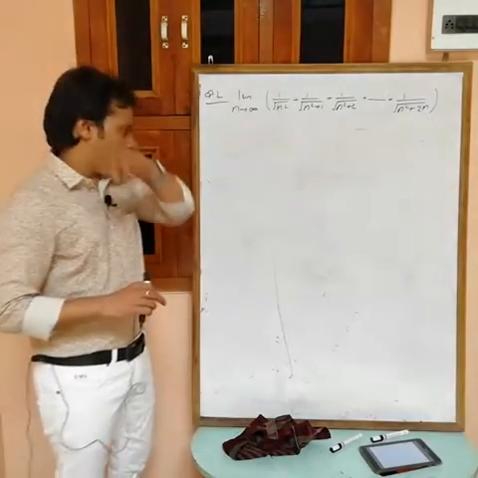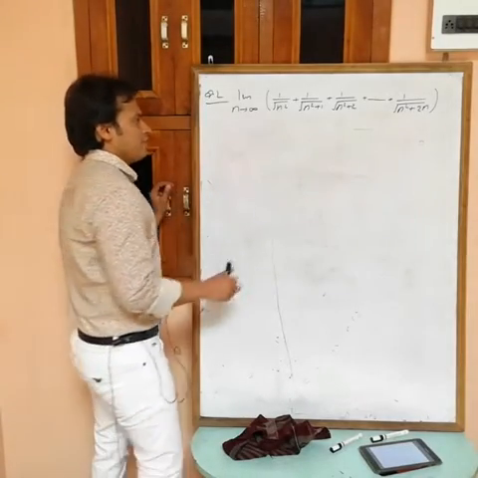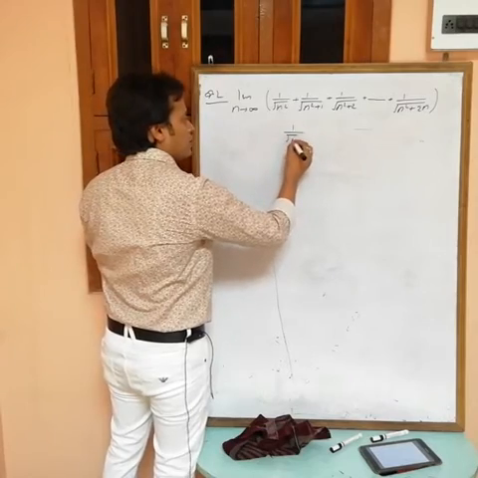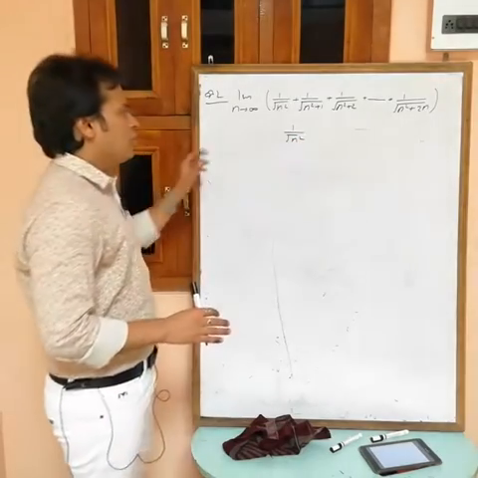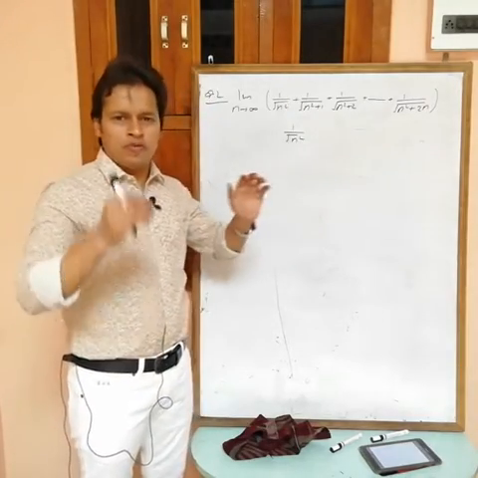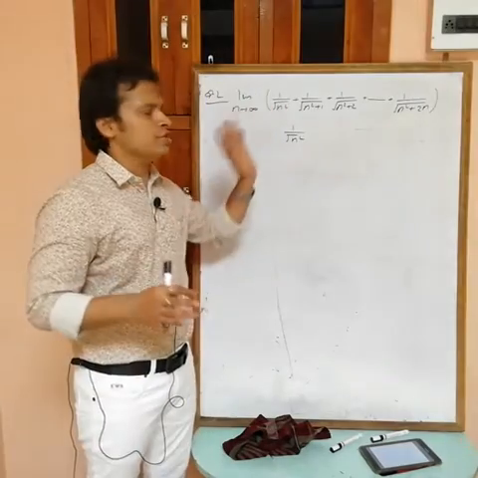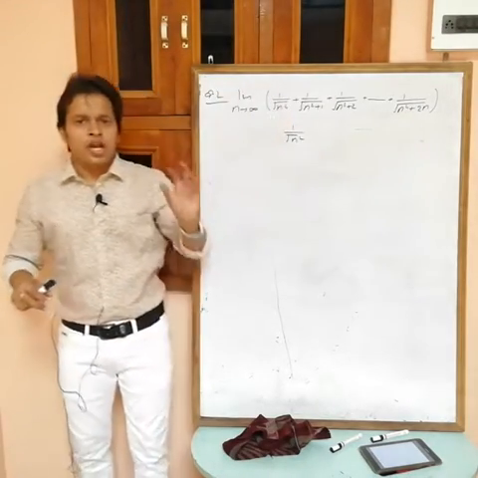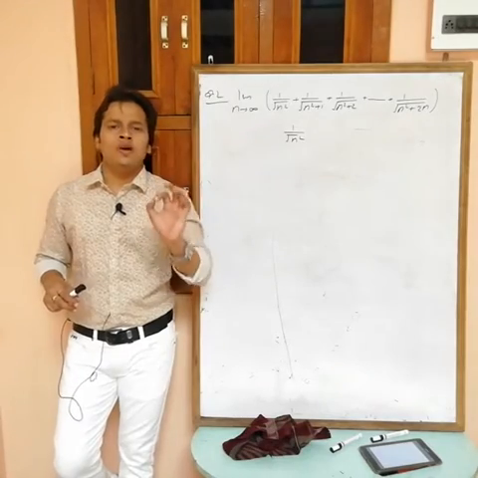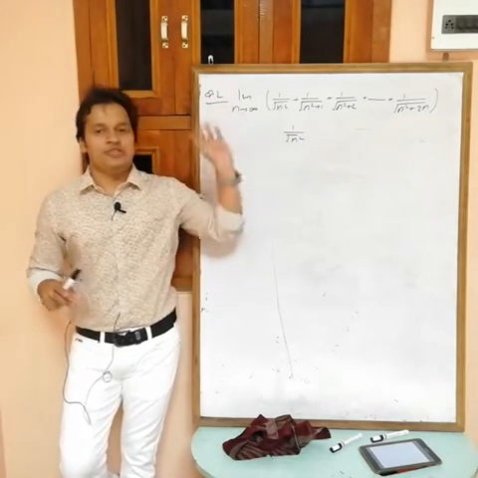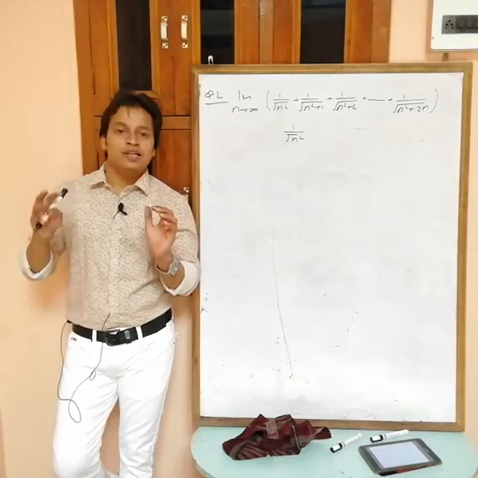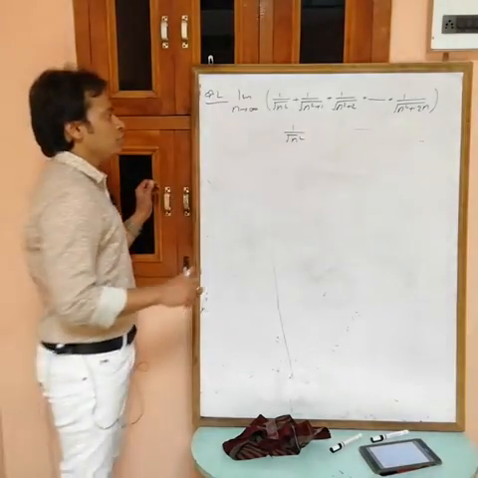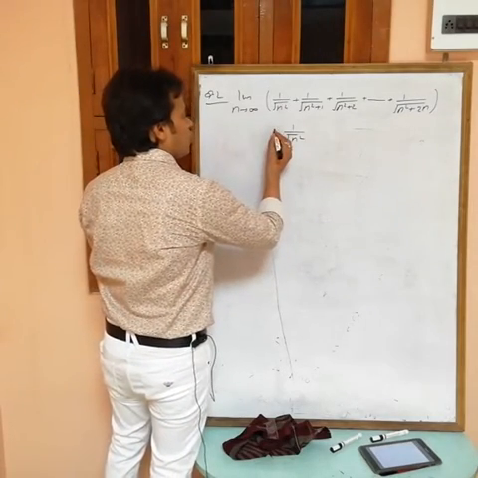Okay, now how to use it? See, actually here, n tending to infinity, 1 by root n square. Compare every value with the least and highest value of the sequence. Any term of the sequence is always greater than or equal to the minimum value of the sequence and less than or equal to the maximum value of the sequence. Obviously. Now 1 by root n square is always